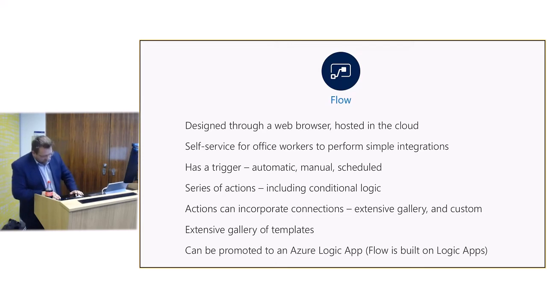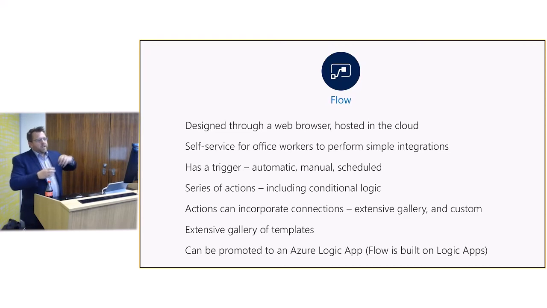The logic within a flow could be anything from a simple linear process that says copy this record's values over to this system, or it could involve a bunch of conditional logic where you've got if statements and loops and checking values against other systems to see if something exists, or transforming results and then munging them into a different format. The actions themselves, the things that actually need to be performed within a flow, can incorporate connections. And the connections really is